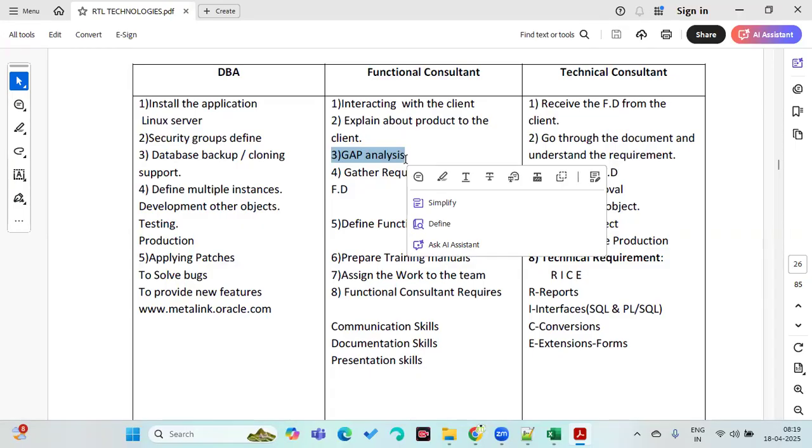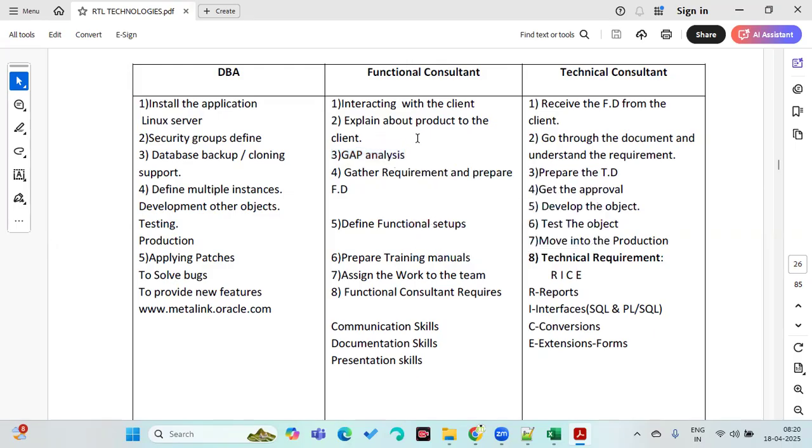But Oracle says it is always based on the invoice date. So you have to make some changes there. It means you have to change the setup, the configuration, the logic. That's what we call a gap. This is what your project is actually about: gap analysis. What your client is actually doing in the business, and how your software is designed by Oracle. There might be a gap between these two.